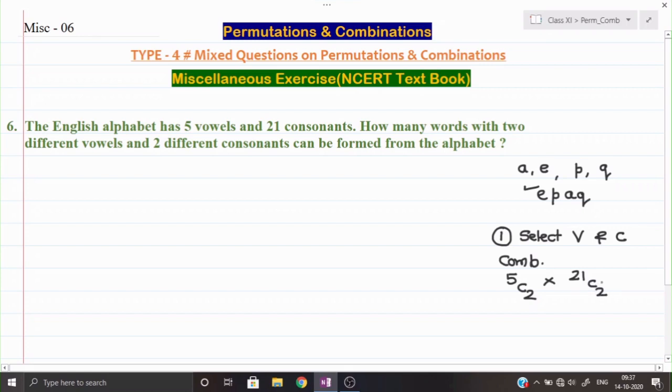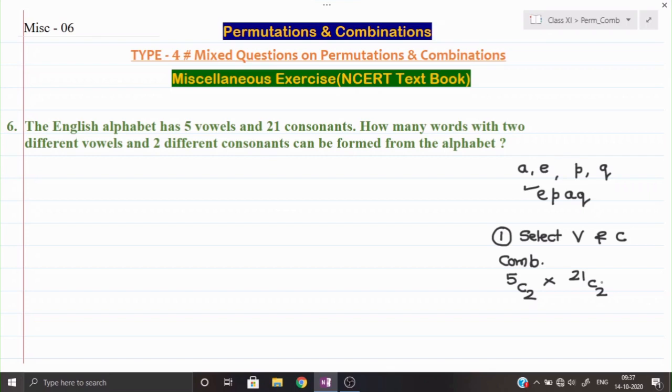As you can see, I have multiplied both of them because they are part of one single process. We are not saying the given task can be performed this way or this way or this way; wherever the word 'or' comes, we apply the plus sign. Here it is part of the given process, so we multiply all of them. Now one task of the complete process, the selection, is over.